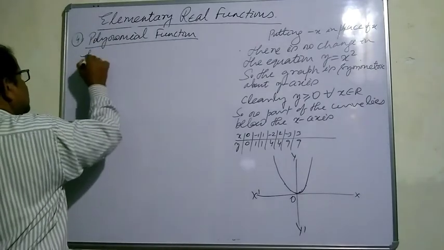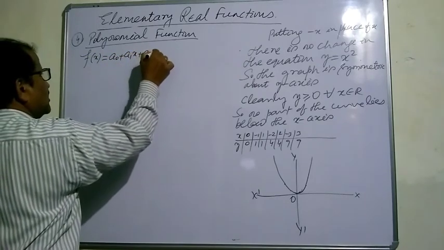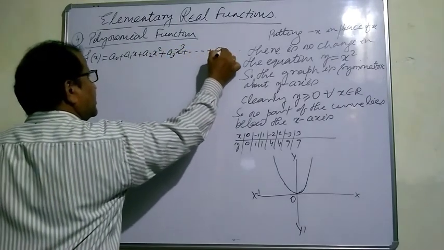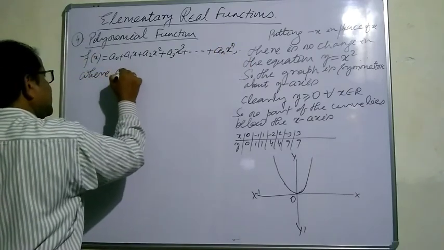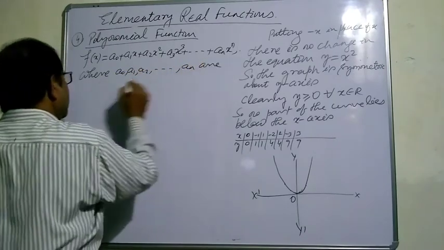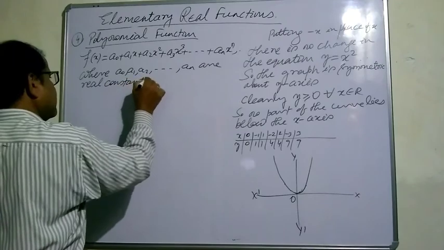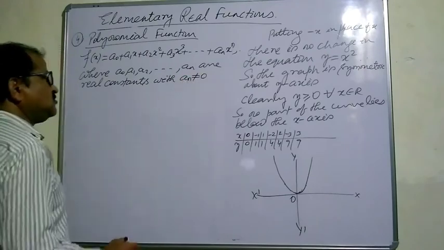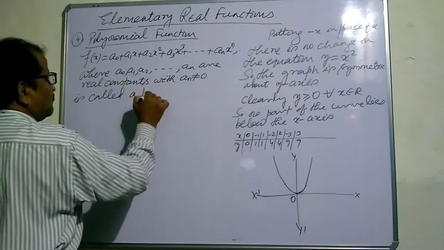Yes, we will express it as a function. f(x) is equal to a0 plus a1x plus a2x square plus a3x cube plus up to an x to the power n, where a0, a1, a2 up to an are real constants with an not equal to 0, is called a polynomial function